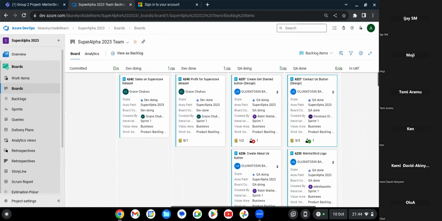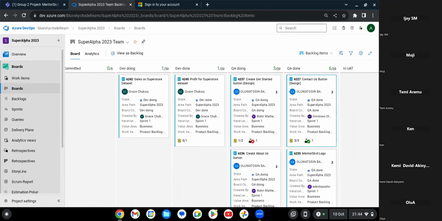Okay. So this is why I said that as Scrum Masters, you need to come on the board. You can see that your QAs have finished 6 stories. Those stories, you need to get in touch with your BA or move them into UAT and get in touch with your BAs to come and do UAT. So work is really moving. But as you can see, because things have gotten stuck at QA done, your BAs are not picking that up to do UAT on it. Yeah. So if you're not careful, that would get rushed on a day to the end of sprint, or the last day of sprint.